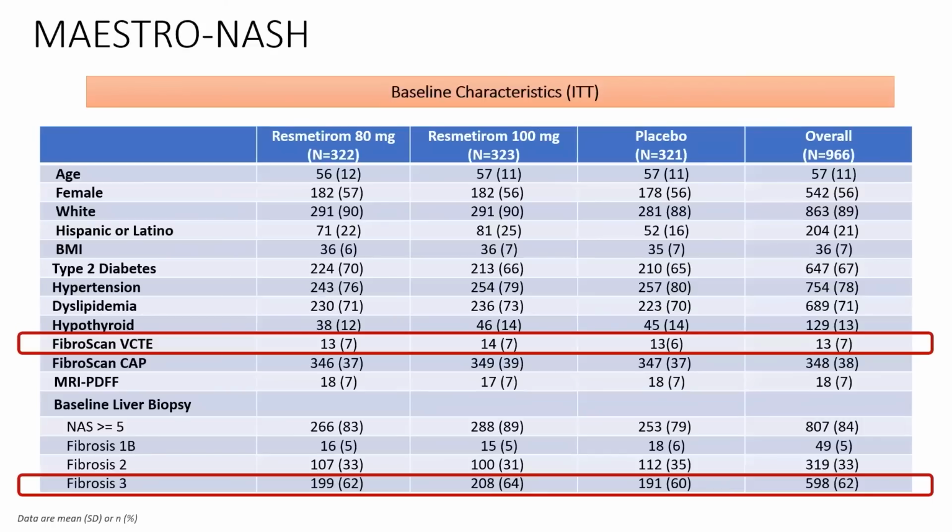So these are the baseline characteristics, and I don't want to bombard you with all these details. I just wanted to pay attention to the Fibroscan liver stiffness data. So you can see that the median kPa was around 13, 14. So this is geared toward more F3 fibrosis. And on biopsy, about 2/3 of patients had F3. So although the study allowed the inclusion of some F1 patients, you can see that that percentage was at 5%. 1/3 had F2, and the majority of patients had F3.